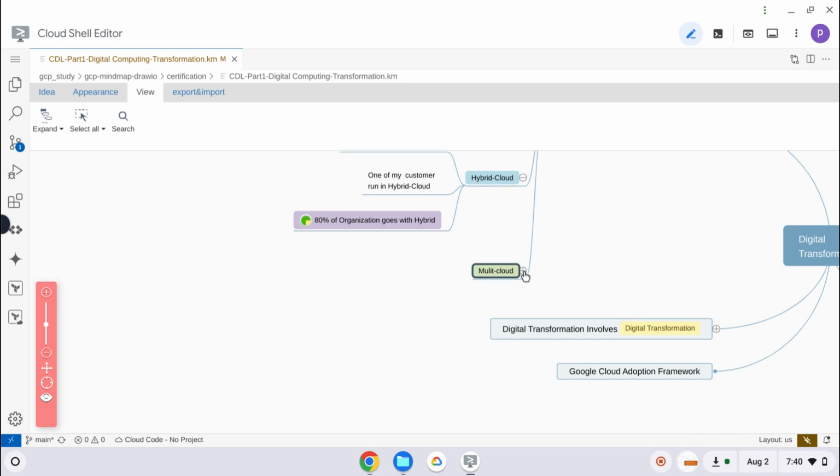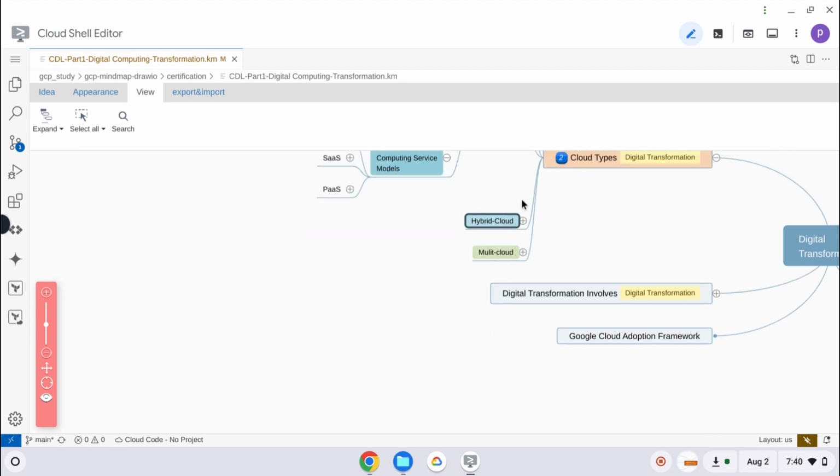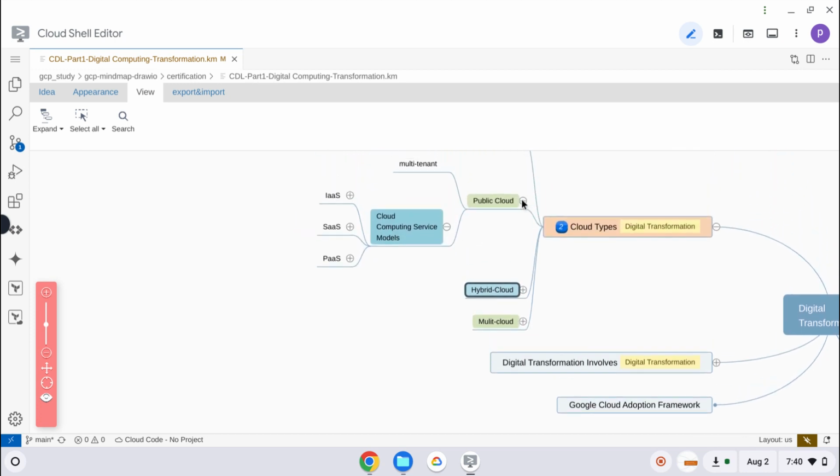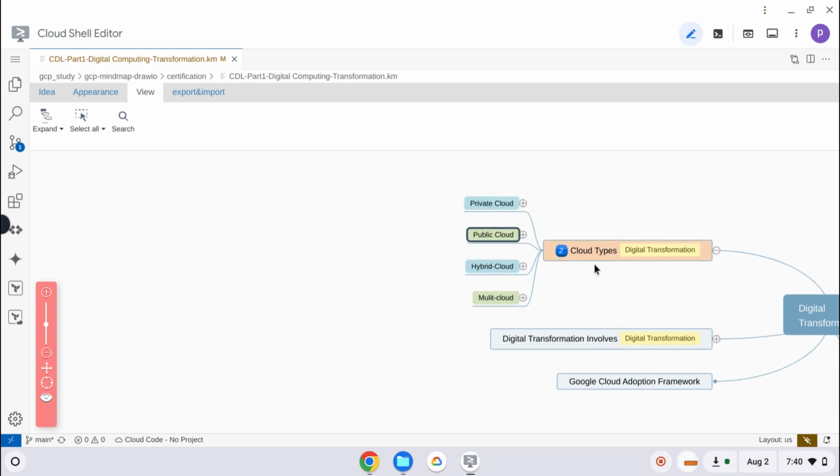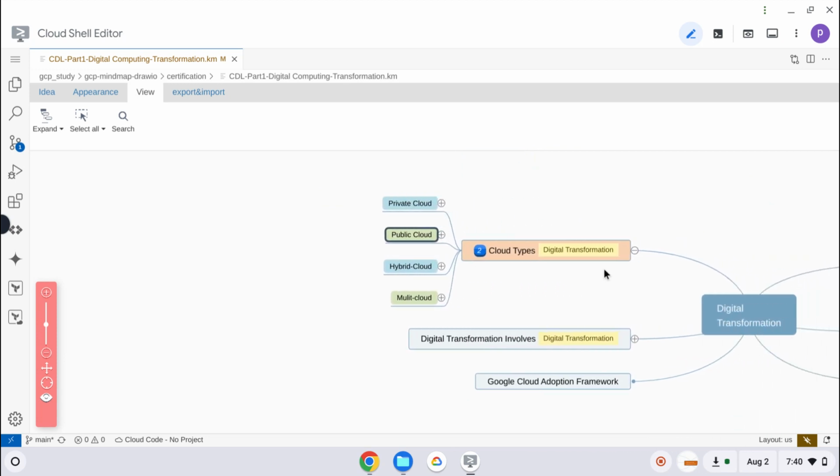Okay, so as I said, there are 4 types of cloud: multi-cloud, hybrid cloud, private cloud, public cloud. So this is the first step we have to decide for the digital transformation: which cloud am I going to use. Okay, good. Next,